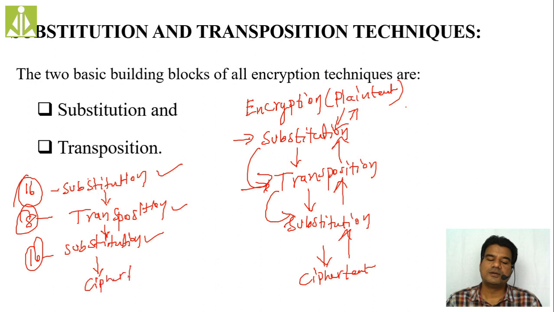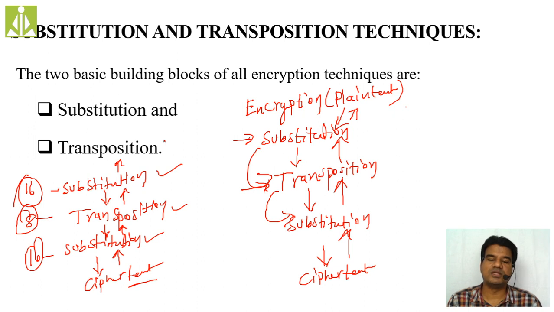Once they perform all these operations, they will get the ciphertext, and in order to get the plain text, they will perform all these operations in reverse. They will go in reverse before obtaining the plain text. So in this way, either individual operations or sets of operations or rounds of operations they will perform in the process of encryption and decryption. Before proceeding, we have to know what types of substitution techniques we have, and what types of transposition techniques we have.